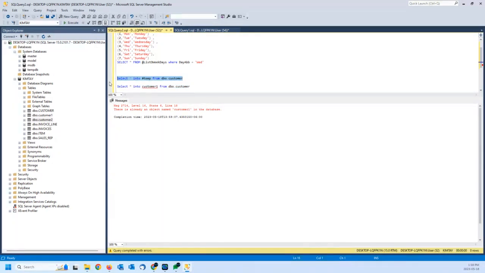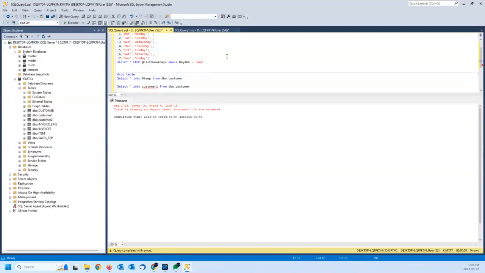That if hash temp already exists, you are working in this current session, hash temp exists. If I close out my SQL Server and come back a couple of minutes later, hash temp will be gone, but customer 1 will exist. Customer 1 is a permanent table that we created. Hash temp was the temporary table, so it will disappear from the temp table. But until this session in this tab is open, this table will still be alive, right? So I can do this by saying